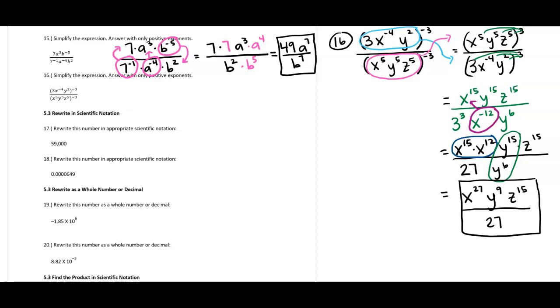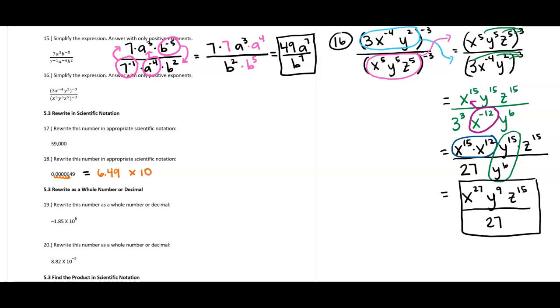All right, let's try number 18. If we were to write that into scientific notation, remember we said in scientific notation our decimal point would have to be between our 6 and our 4 here, because our number has to be a number between 1 and 10. So I want to move this decimal point 1, 2, 3, 4, 5 places to the left. So that means I'd have 6.49, because that's where I moved my decimal to, times 10 to the